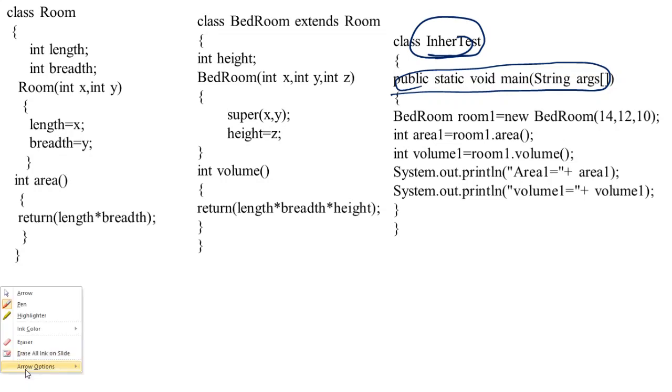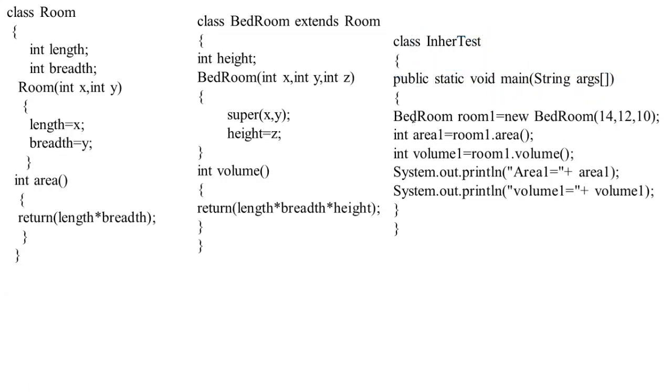Now, what am I doing here? I am creating an object. For whom am I creating the object? I am creating the object for bedroom. What is my bedroom? Bedroom is the subclass. Usually, we have to create objects for subclasses. Why? Because a subclass will have properties of its superclass and its own properties also. Therefore, this is class name, space, object name, new class name. I am creating an object with the name room1. This particular object will get all the properties of this bedroom class.